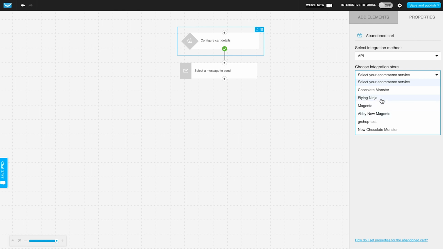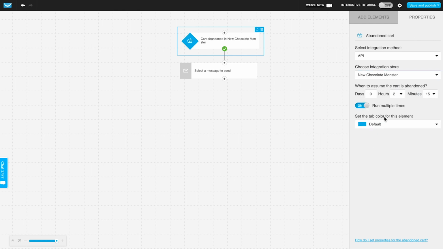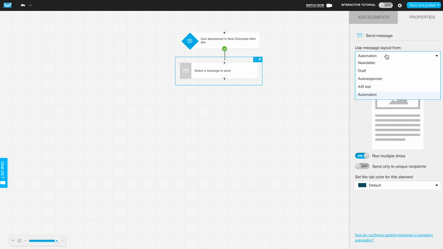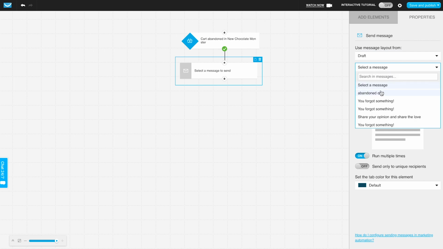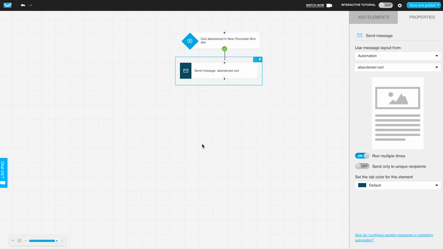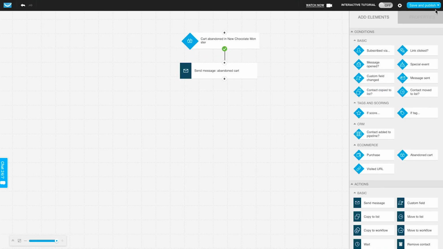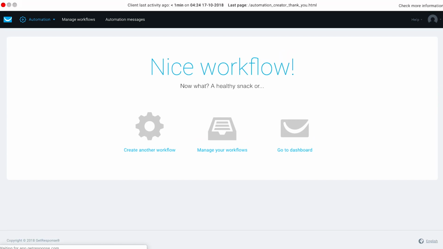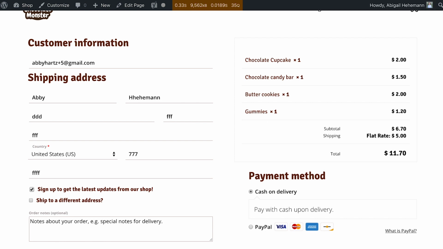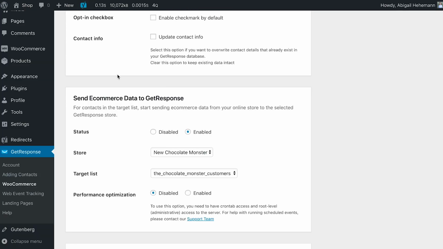So let's say our new Chocolate Monster shop, when they abandon the cart for 2 hours, I want to send this abandoned cart message I just created. So we choose save and publish, and now automatically when someone abandons our cart, because we have our WooCommerce all